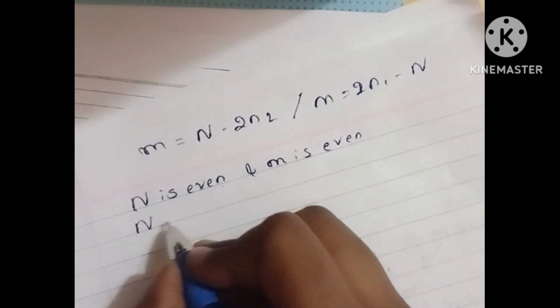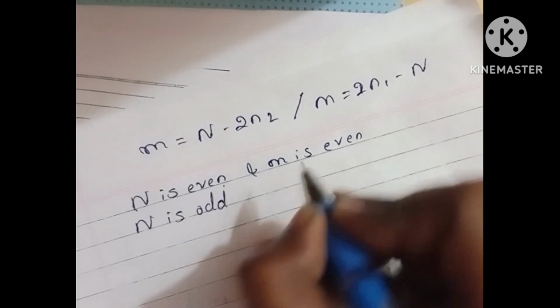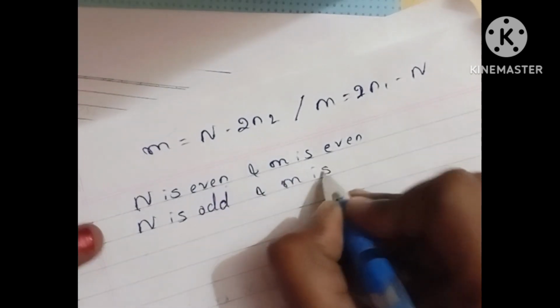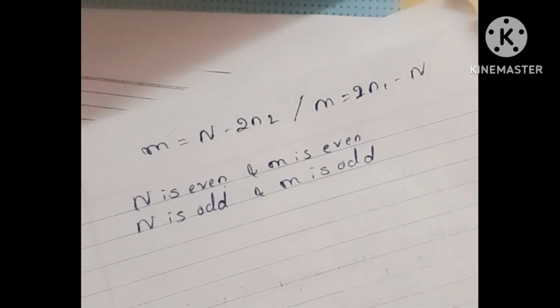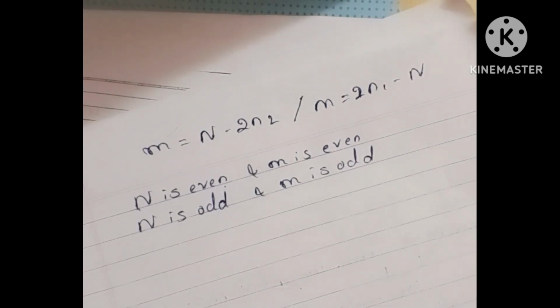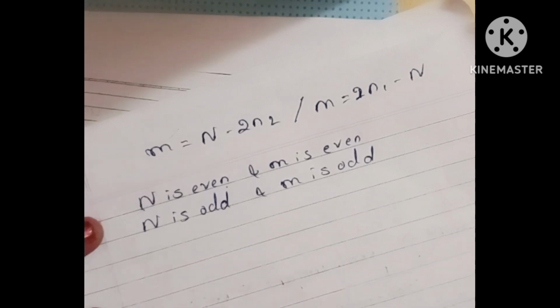So if we take n is odd, and m is also odd, then what are the conditions, or what are the things to be changed? So the thing is